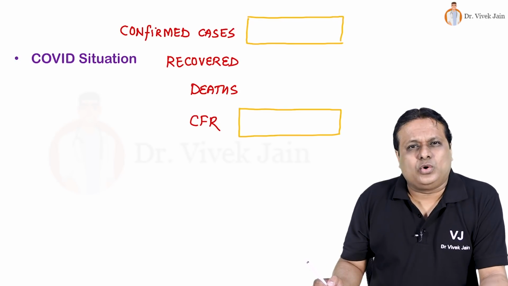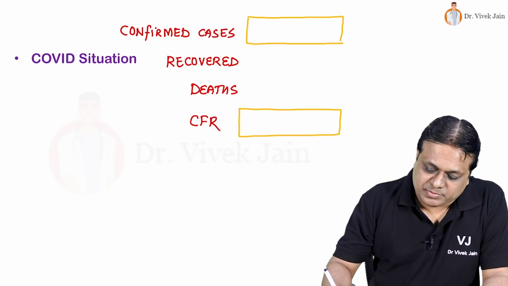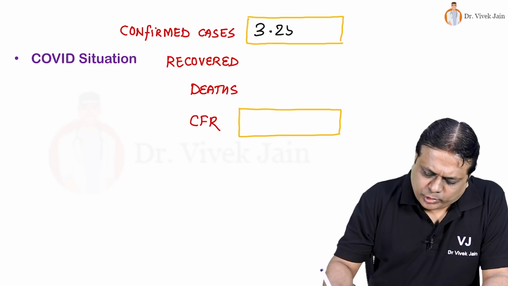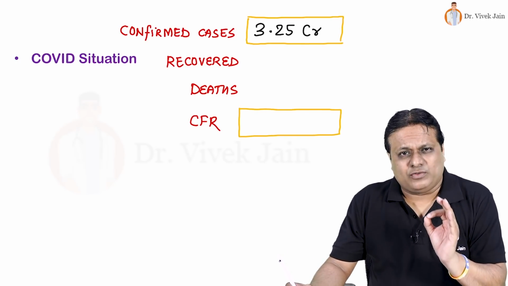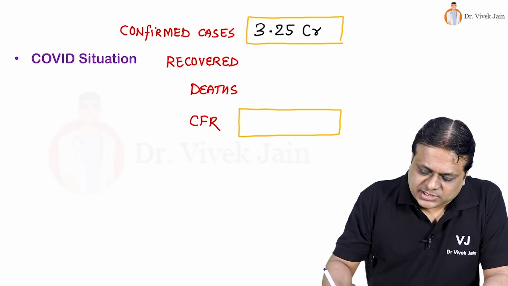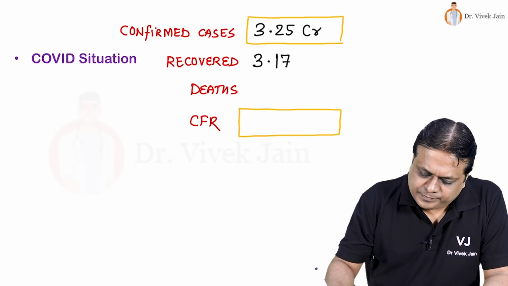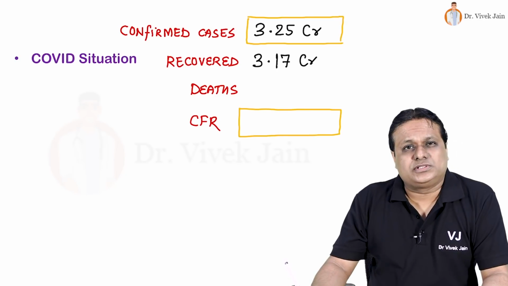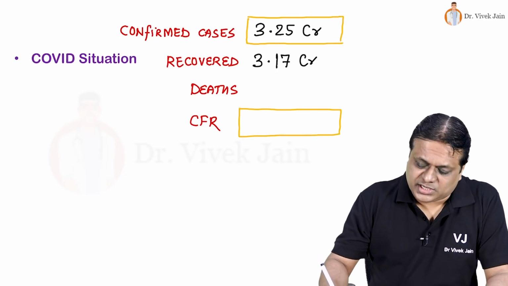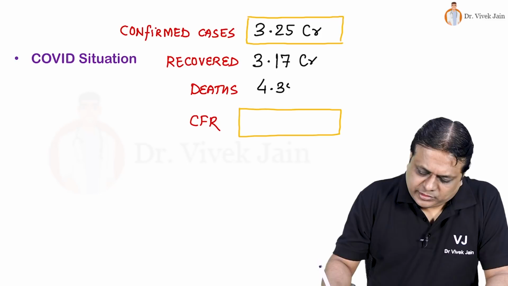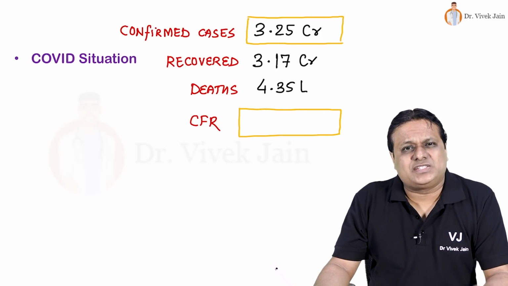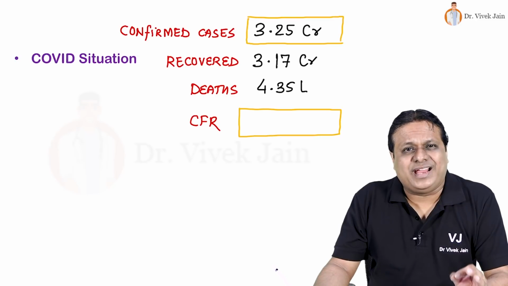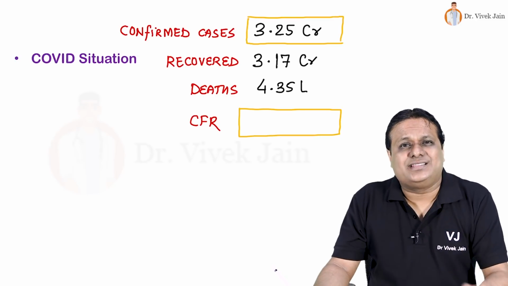As of today, total confirmed cases of COVID-19 in India have been over 3.25 crores, out of which the positive or good thing, recovered cases, are 3.17 crores. But this disease has also resulted in 4.35 lakh deaths in our country,